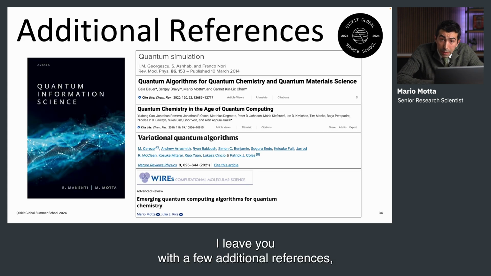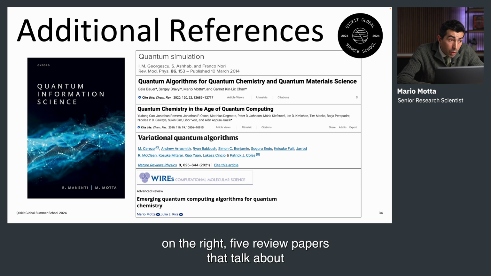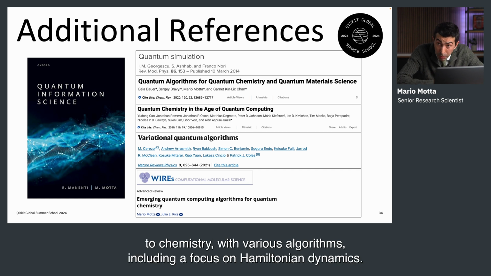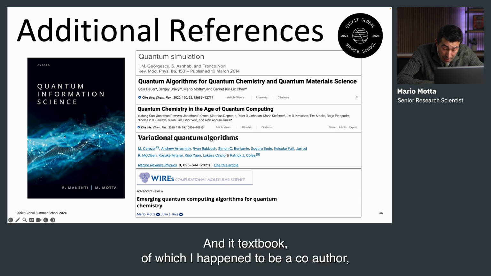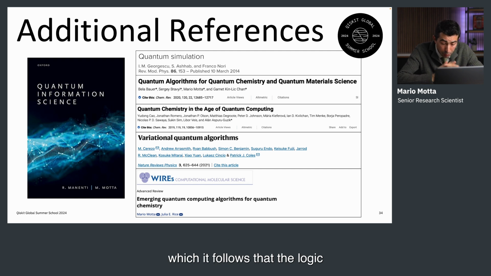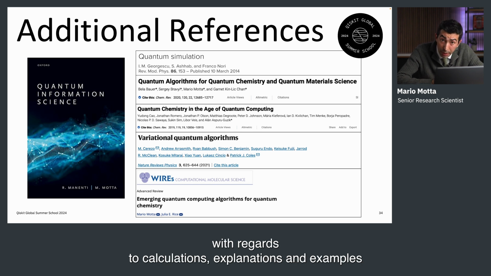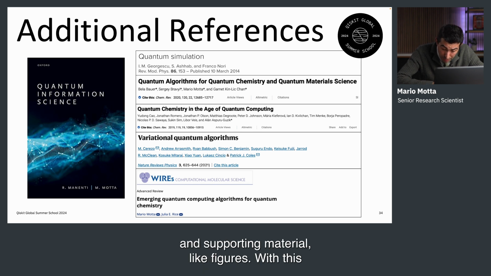I leave you with a few additional references. On the right, five review papers that talk about quantum simulations of many-body systems, from spins to chemistry with various algorithms, including a focus on Hamiltonian dynamics, and a textbook of which I happen to be a co-author, which follows the logic of this presentation and tries to be as extensive as possible with regards to calculations, explanations, examples, and